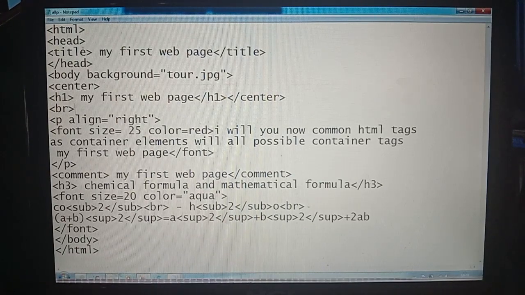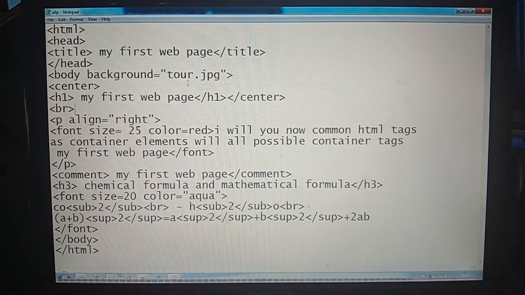HTML, head, title close, head close, then after that the body starts, the second main important part of the HTML document. Body background equal to whatever picture you have in your computer. You can mention that picture name and the particular location also.